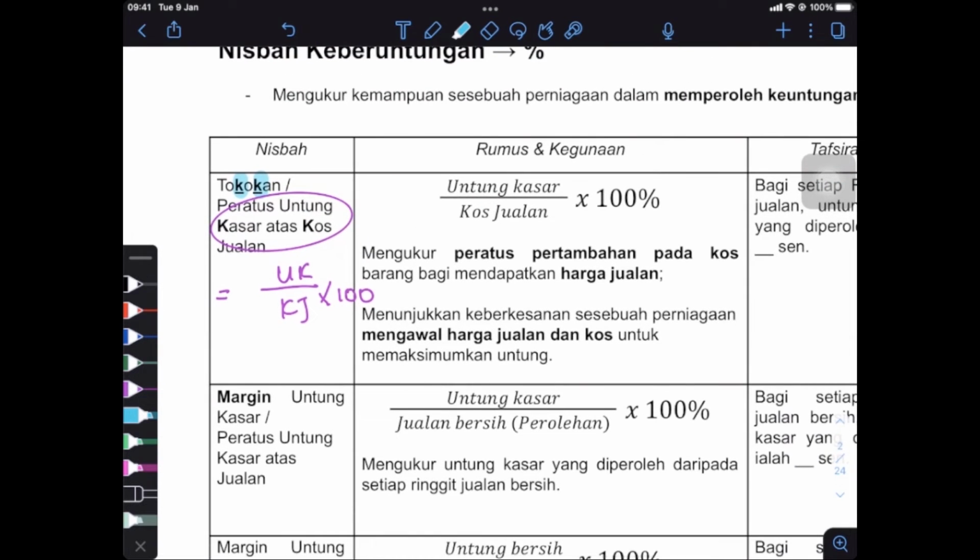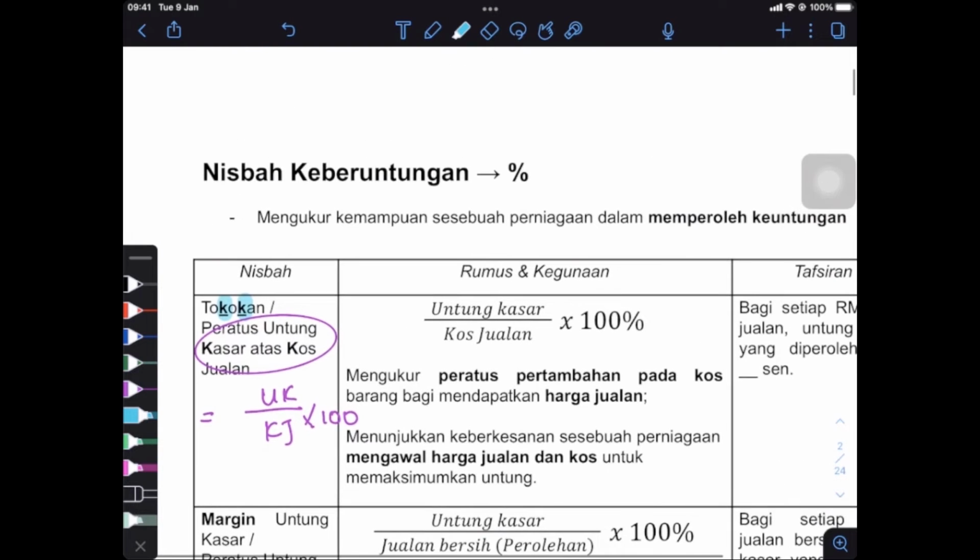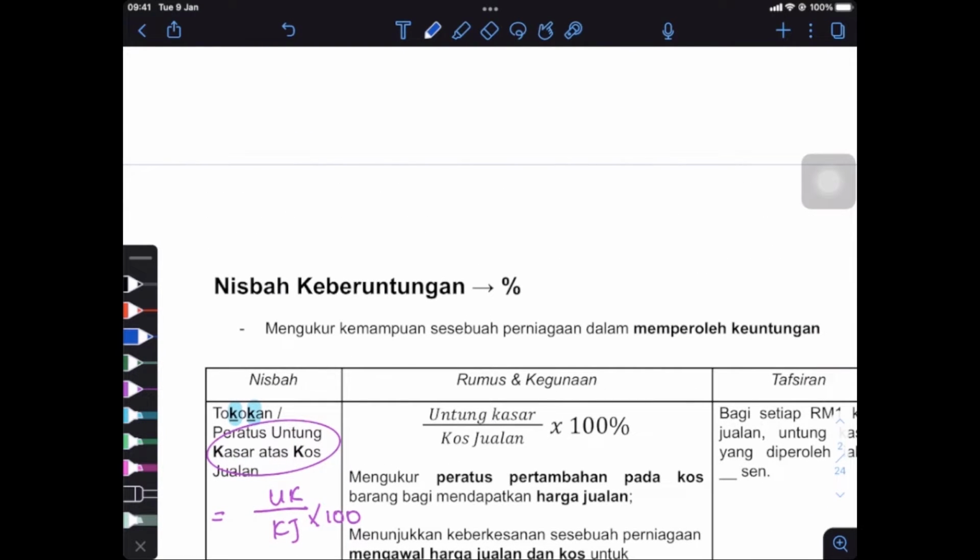And what is the importance of tokokan is that tokokan helps us to determine our selling price. So when you buy goods from your seller, from your supplier, and then from these goods, you will have to determine a tokokan. So a tokokan meaning that how much you want to add into the cost of these goods to determine the selling price. So for example, okay, this is your supplier. This is you. So from supplier, you are buying goods of 10 ringgit. And now this 10 ringgit goods is in your business. When you want to sell to your customer,